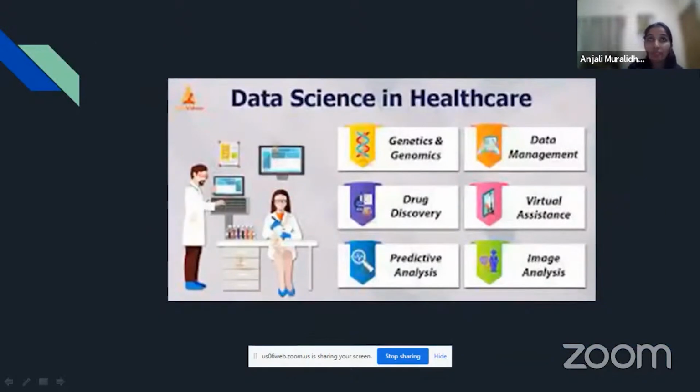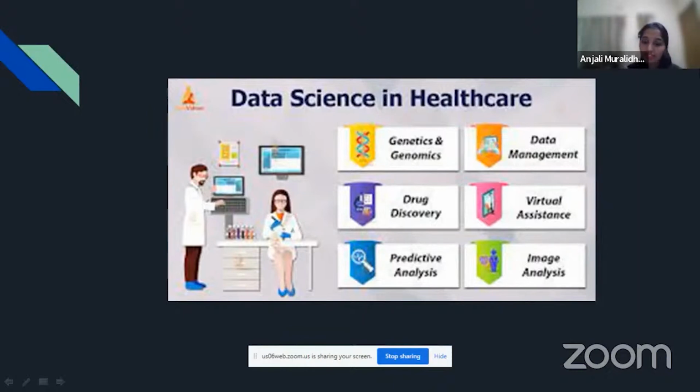In healthcare, like I mentioned earlier, there is genetics, genomics, drug discovery, then predictive analysis. Suppose you put in the data of a person. One use case is where it detects whether the person is under a major depressive disorder scenario, or if he ends up with diabetes. All those things can be predicted easily with data science. Fraud detection is also one example, where you see that a person has given a wrong currency note. So in real life, day to day, with or without your knowledge, you're coming across